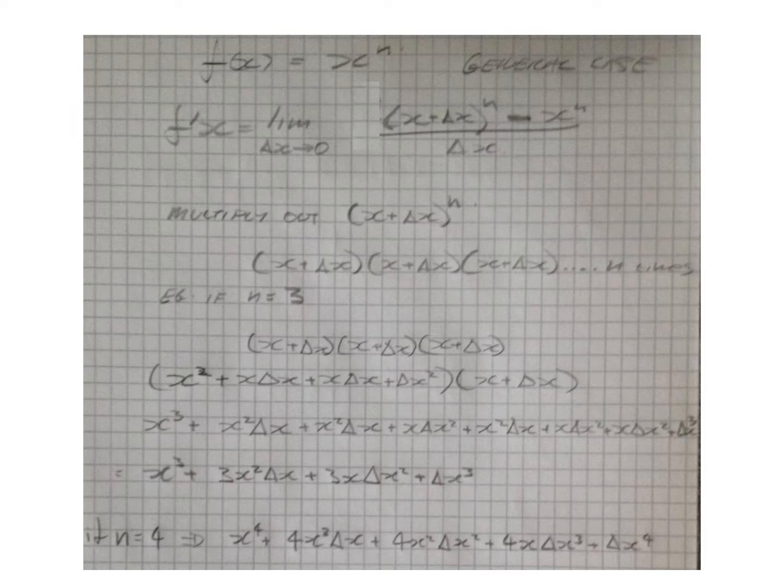If we were to multiply all of these terms out, I can't just multiply those 3 brackets out in one go, so I'm going to do it in two lots. We ignore this one and just do the first two. So we multiply x by x, delta x by x, x by delta x, and delta x by x. So that's going to be x squared plus